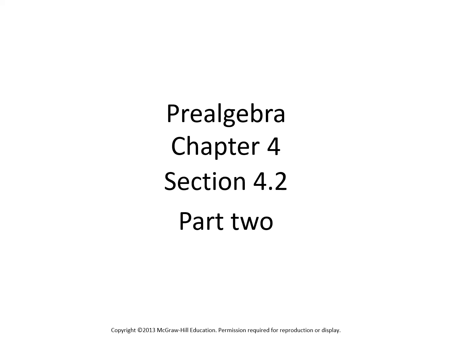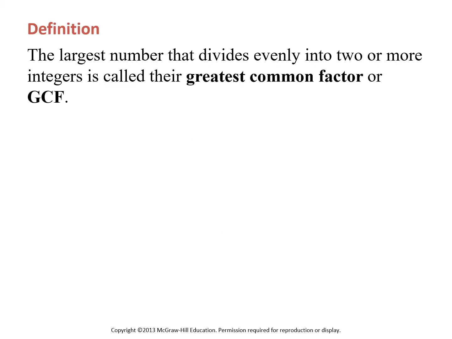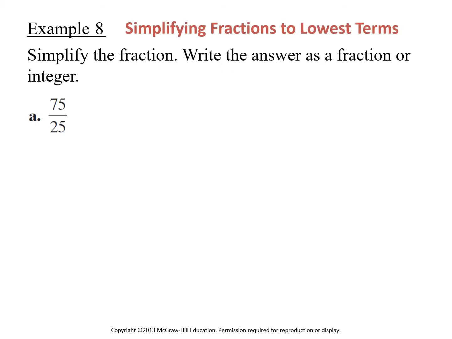This is section 4.2. The largest number that divides evenly into two or more integers is called their greatest common factor, GCF. So if I'm looking for the greatest common factor, and if I don't immediately recognize it's 25, one of the things I can do is take the prime factorizations of these numbers